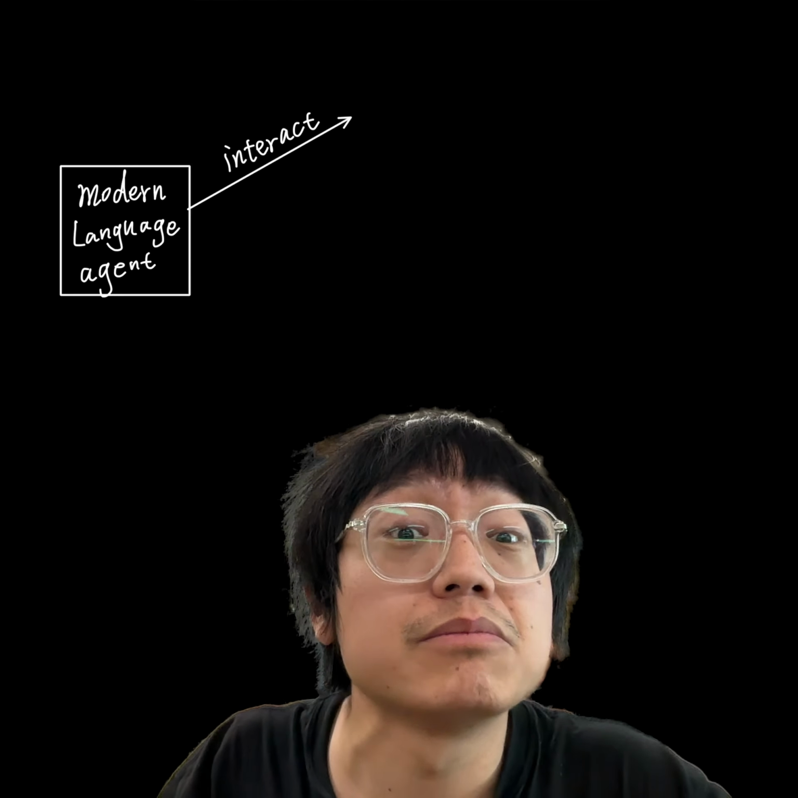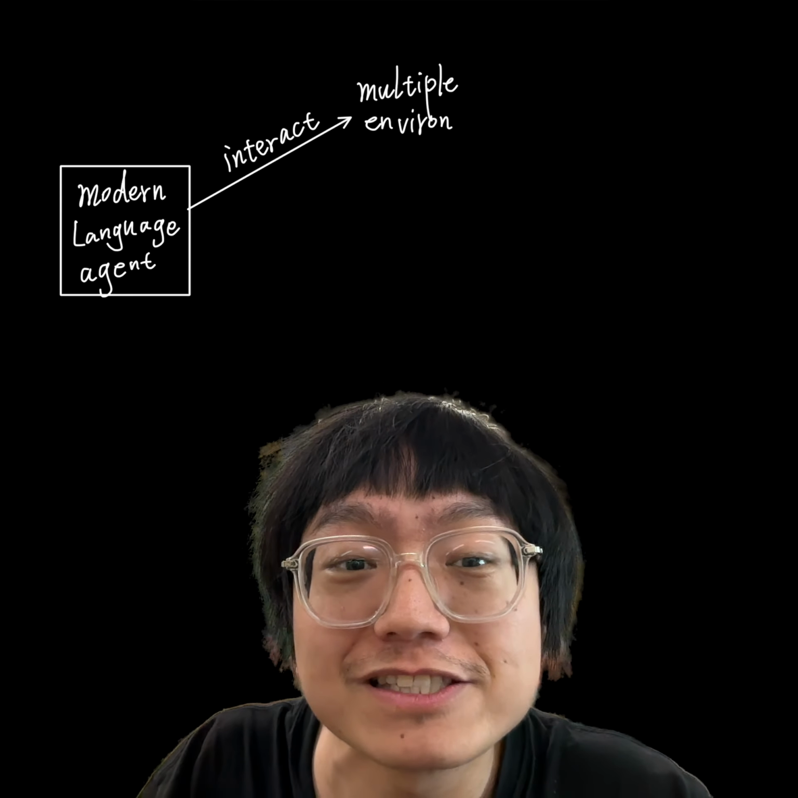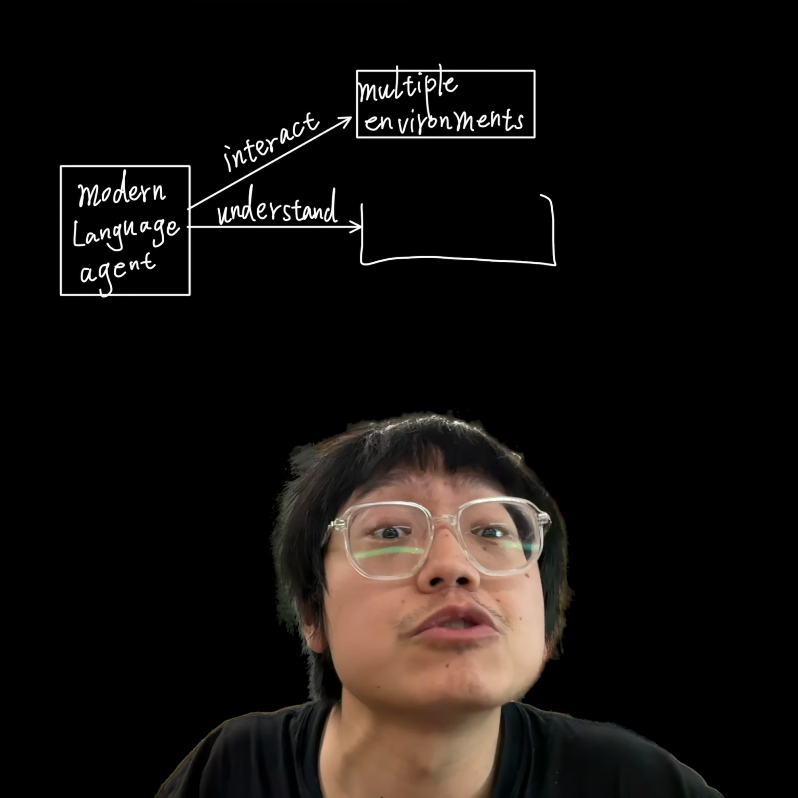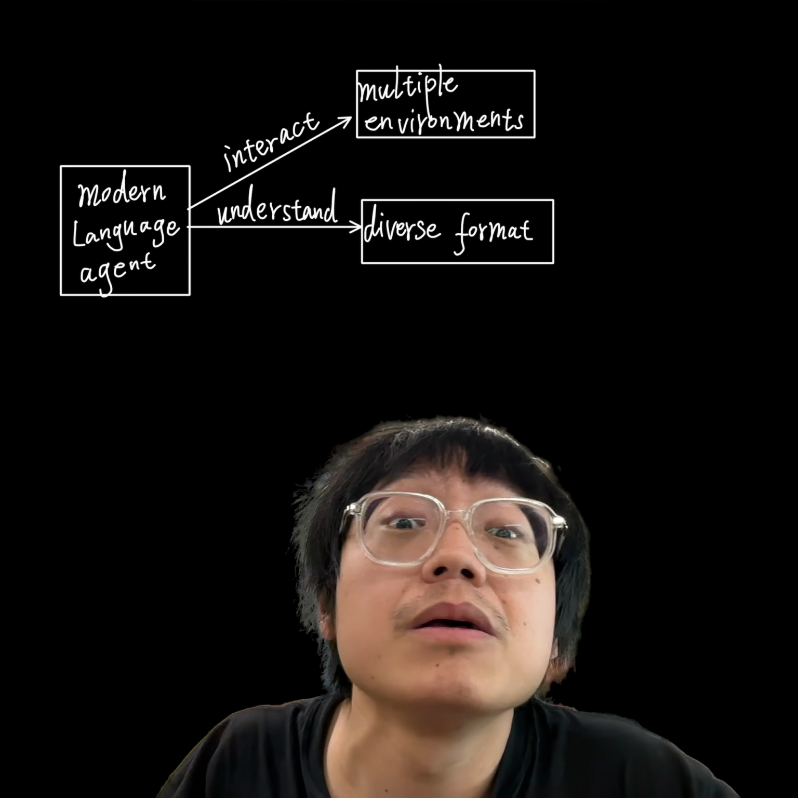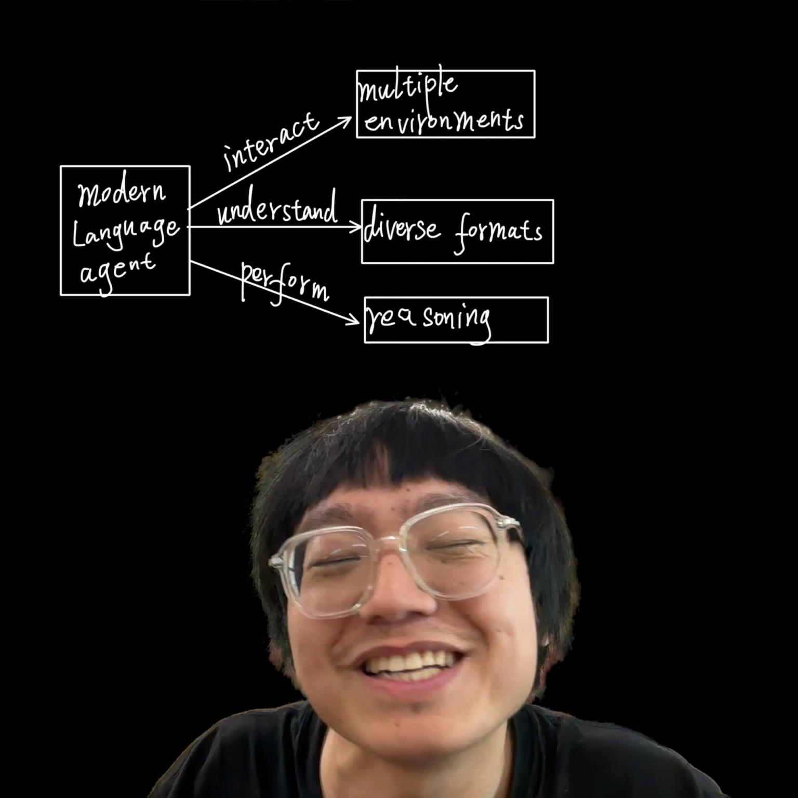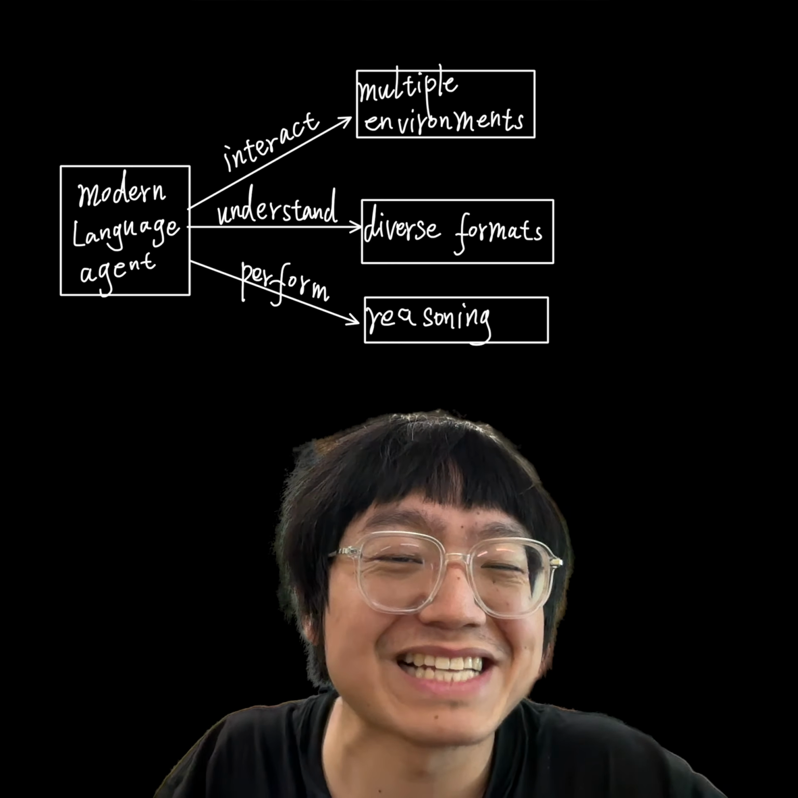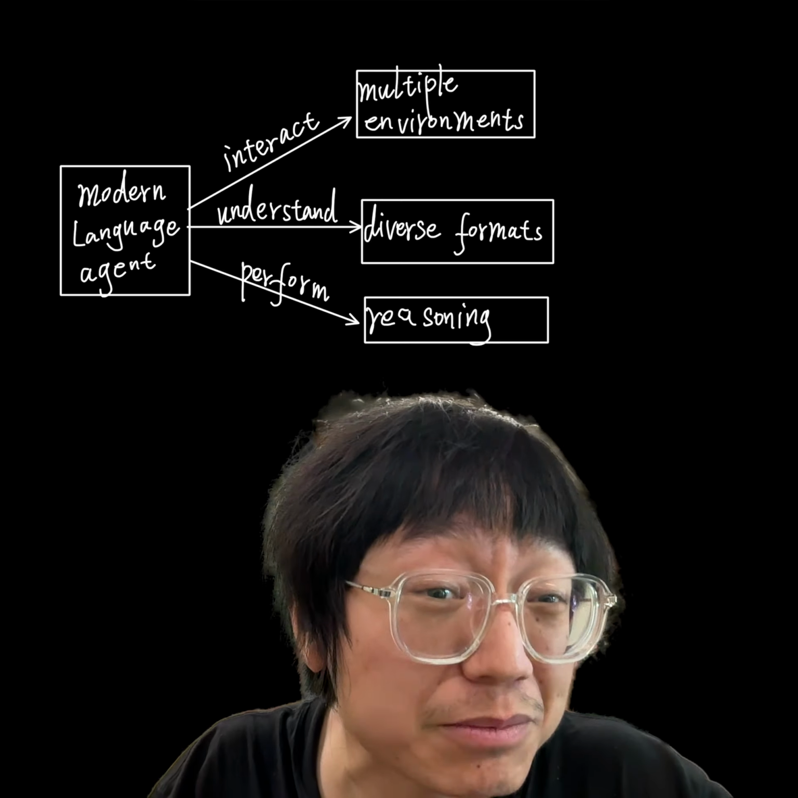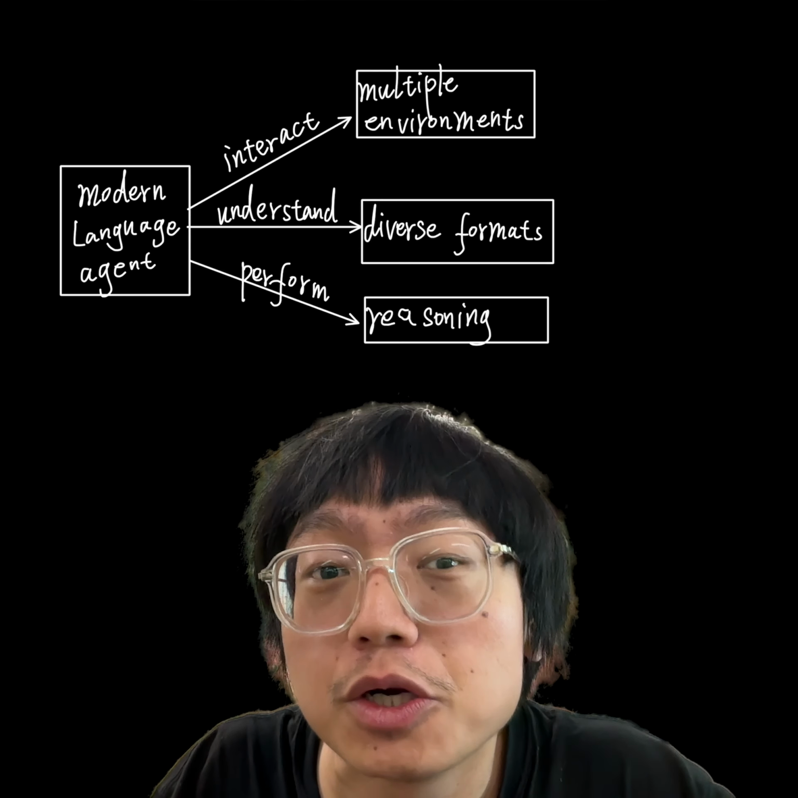This type of AI can interact with multiple environments at once, understand diverse formats, and perform reasoning without being pre-programmed for each specific environment. So let's go through a concrete example, which is calculating how your weekly average sleep time has changed over the